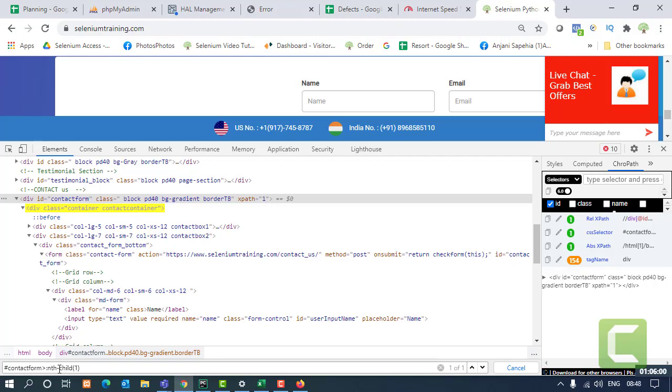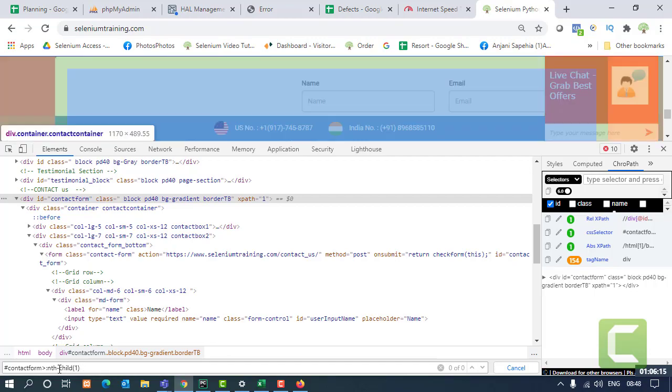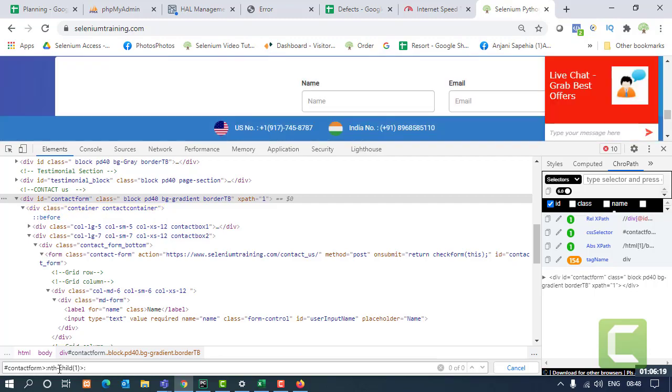Okay, now I have reached till here. Next, I have other tags inside this. I have another parallel tags inside this div. So again I'll go on. For hierarchy moving, what I'm using is an angular bracket followed by a colon. I'll show you. I'll make it once and then I'll show you. Nth child.